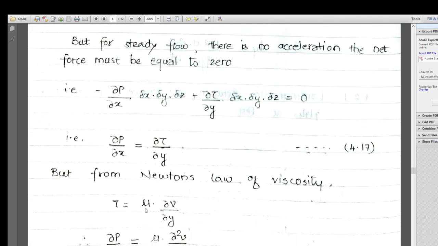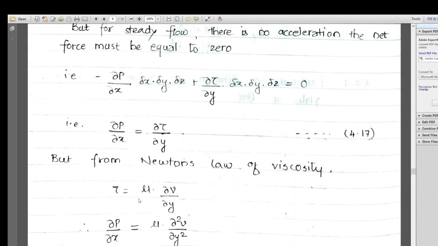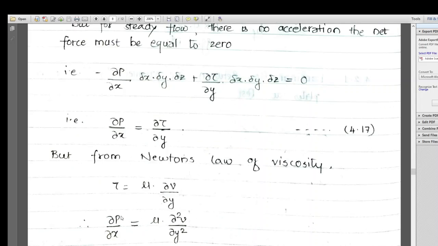But from Newton's law of viscosity, what do we know? We know the expression for the shear stress, that is tau is equal to mu delta v by delta y. So we can substitute this value of tau in this expression. Now we know the tau expression is differentiated with respect to y. So delta tau by delta y will be mu into delta square v by delta y square. So we will get delta p by delta x is equal to mu into delta square v by